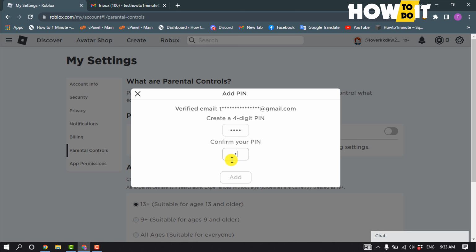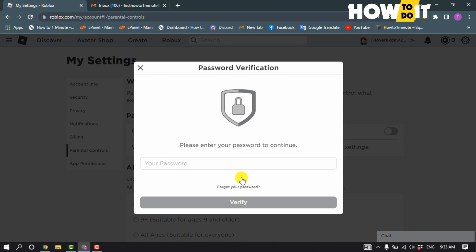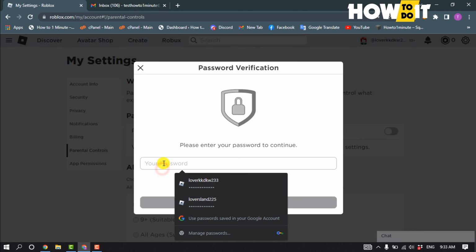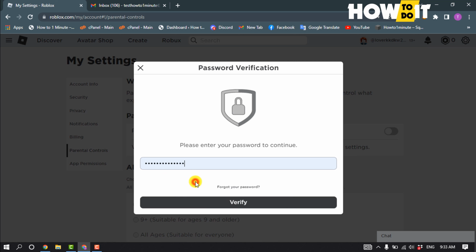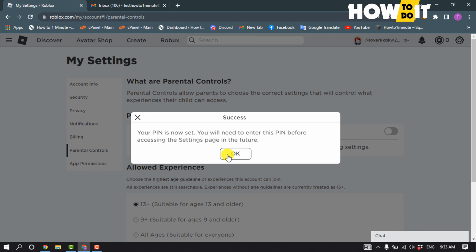Confirm your PIN here and click on add and enter here your Roblox account password. Verify. Okay,